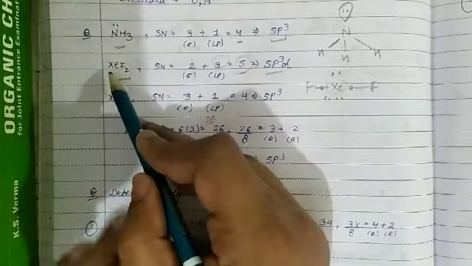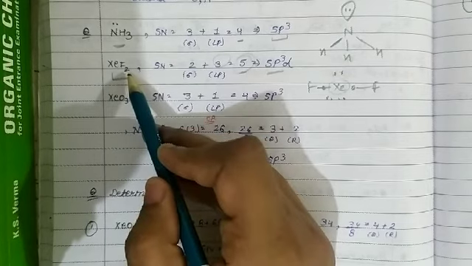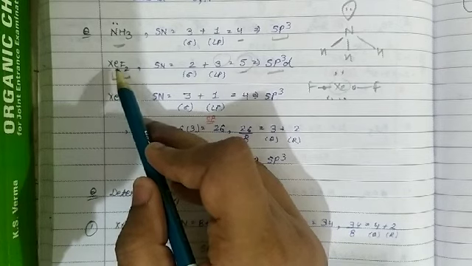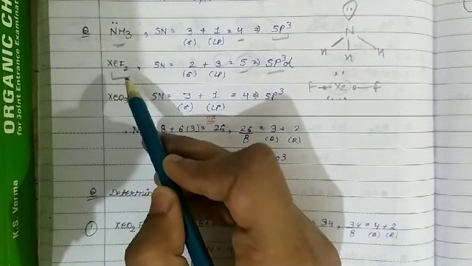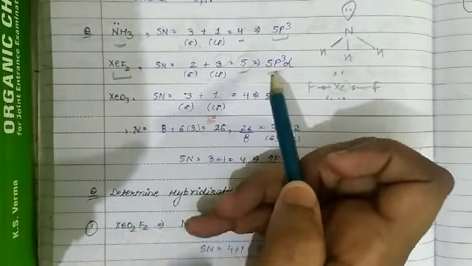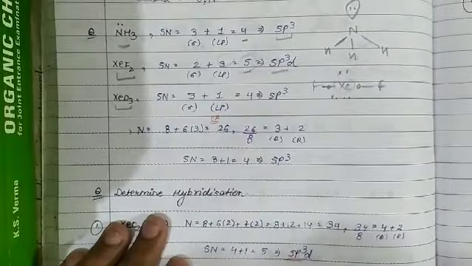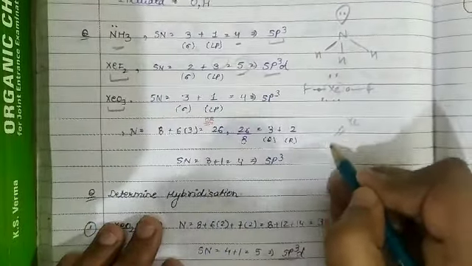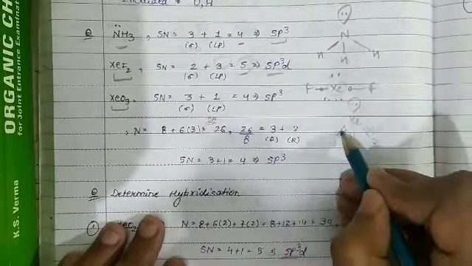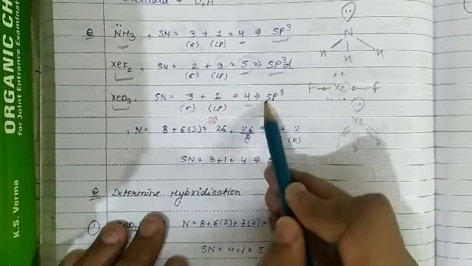Also we may calculate: xenon valence electron 8 plus fluorine 7 into 2, 14 plus 8, 22. Divide 22 by 8. 8 2s are 16, plus remainder 6 divided by 2. So 2 plus 3, 5. So hybridization is sp3d, all directly by the use of structure. See in XeO3, the structure is Xe, double bonded oxygen, double bonded oxygen, double bonded oxygen and 1 lone pair. There is 1 sigma, 1 sigma, 1 sigma. So 3 sigma and 1 lone pair. Steric number 4, hybridization sp3.